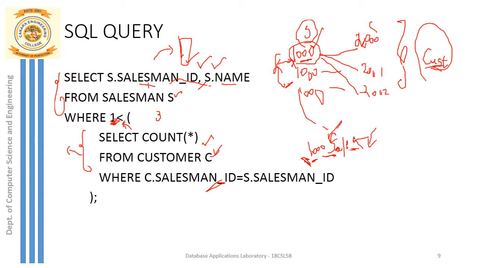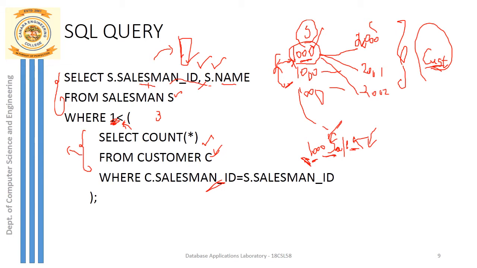So for that, can you just apply count here? Count the number of rows in the customer table. If the salesman is serving, you can see here in the customer table, the salesman ID value will be repeating, correct? So 3 rows in my example, since the same salesman is serving 3 customers, the salesman ID is repeating 3 times, or you can find 3 rows with the same salesman ID, because the same person is serving 3 customers.